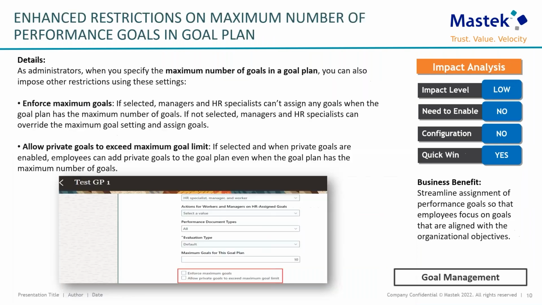The next one is about enhanced restriction on maximum number of performance goals in goal plan. So now as an administrator, you have the ability to add certain more settings along with the current field, which is maximum number of goals in a goal plan. While creating a goal plan, if you have already defined the maximum number of goals that a particular goal